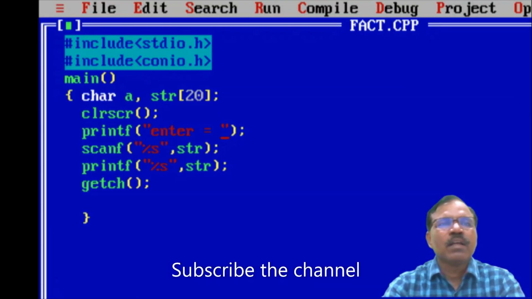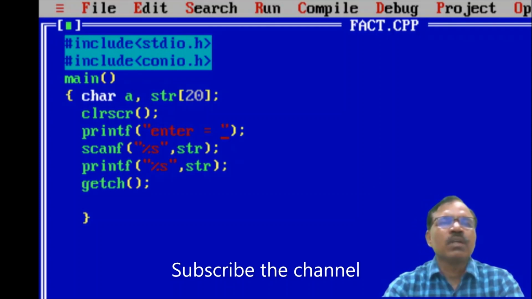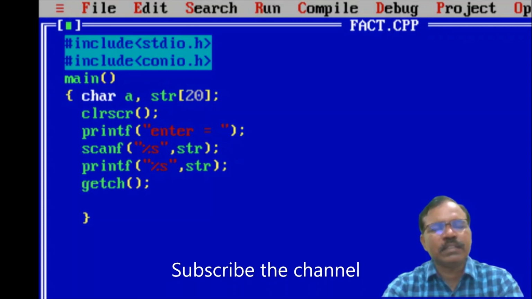Means here Ram space More. The scanf function will assume that the string has ended after Ram. So it will take only Ram and it will print that. So that is the problem with the scanf function for strings. So this is about scanf and printf functions.